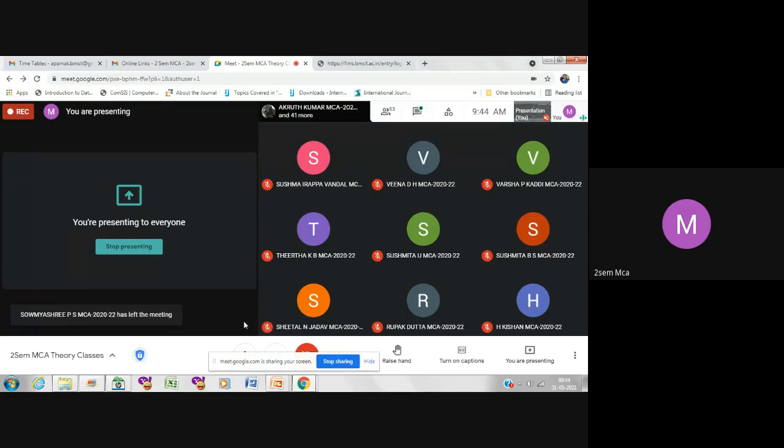Fine. Any other example? Suppose you take a student table. Let's say we have taken USN as one attribute, and we have taken library ID as one attribute. When you take library membership, all of you are given a 4-digit unique library ID. That's unique for all of you.